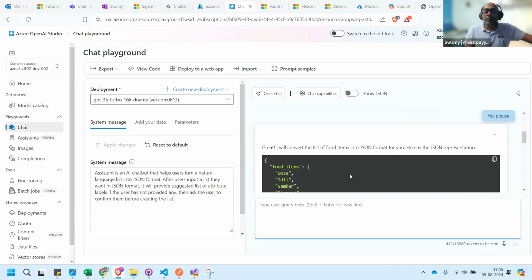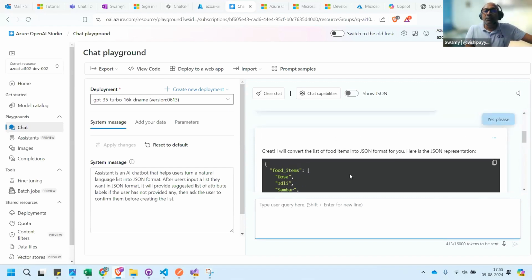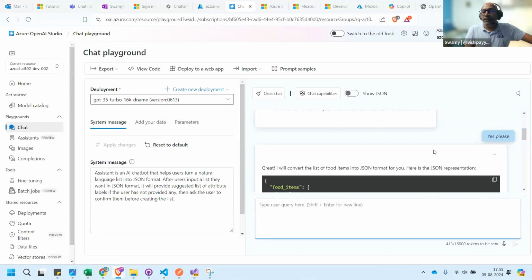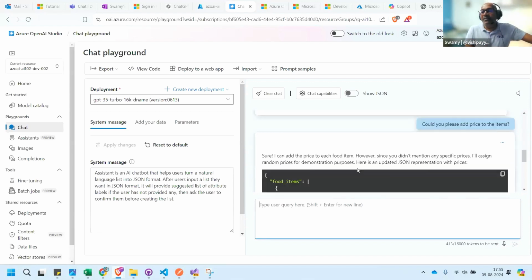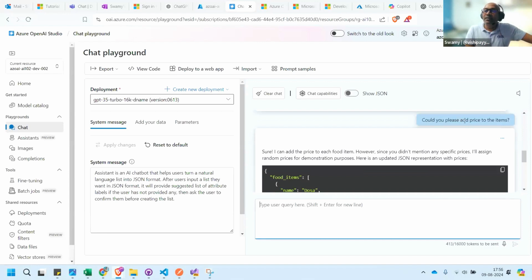It gave this one. Now, it asked, do you want it in JSON? We said, yes, please. It gave it in JSON. And I said, could you please add the price, and it has added it, because it knows the context. Now I'm saying that also add description and calories.